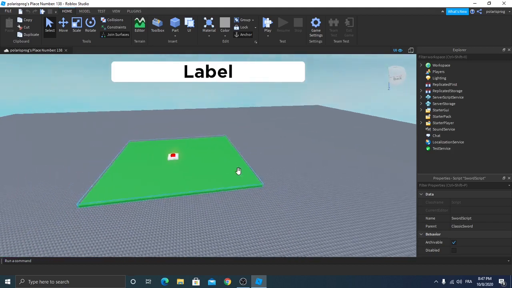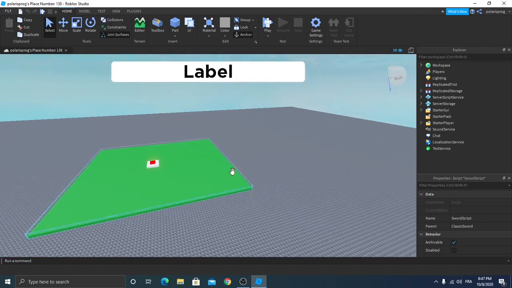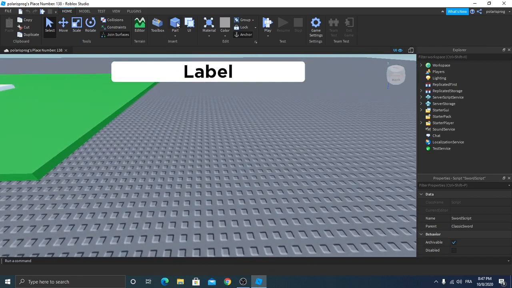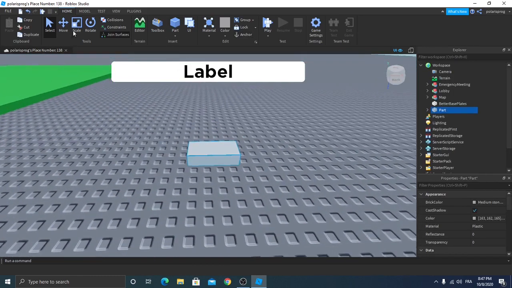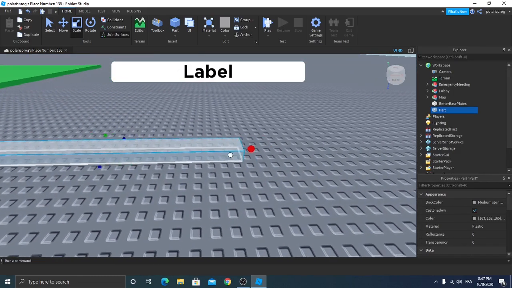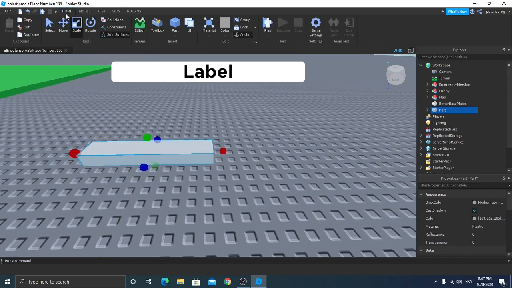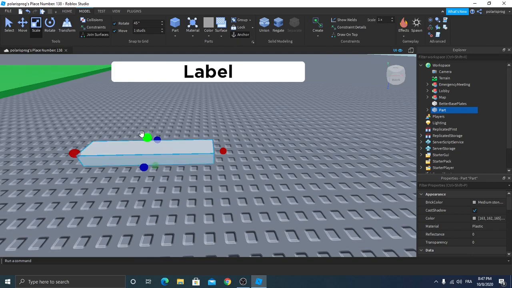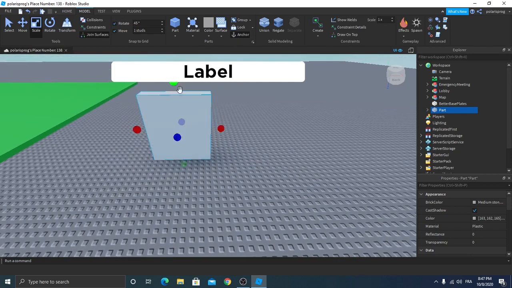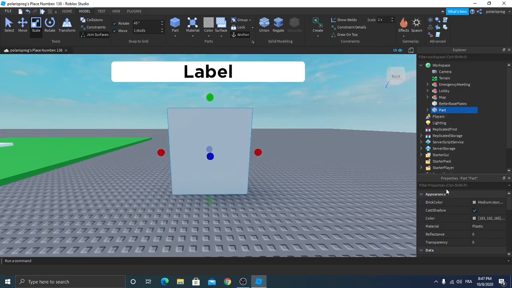So let's start. Okay, so let's make a voting system. So add a part, make it however you want, and make sure it's anchored by pressing model anchor. And I'm just gonna make it this big and rename it to pad 1,